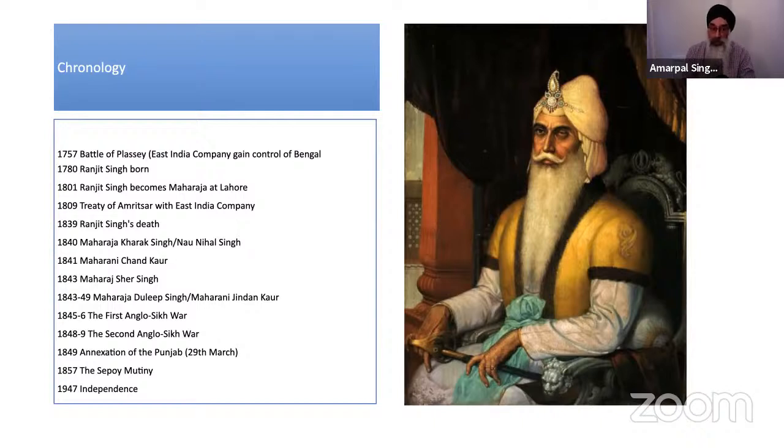And he, on his part, basically expanded his empire to the north and a little bit to the south and to the west. But he kept his part of the deal as well. He knew the British were pretty powerful, so he didn't want to risk it at that stage. And my guess is he probably was waiting for events to happen, and maybe he would have expanded south and taken on the British. And in fact, if he had survived, he actually died in 1839. If he'd actually survived till 1857,